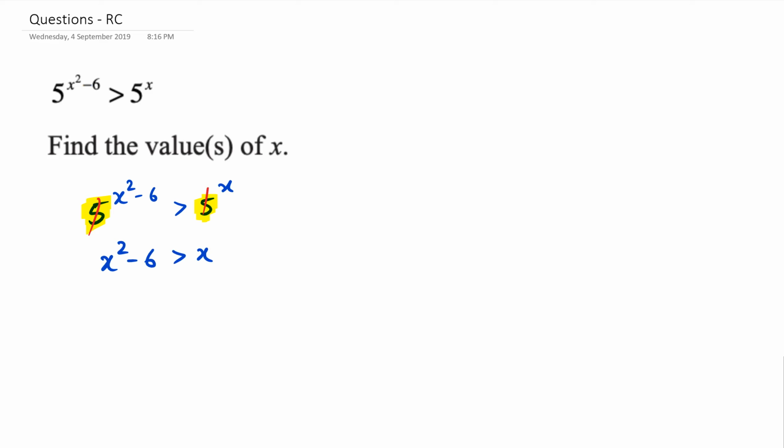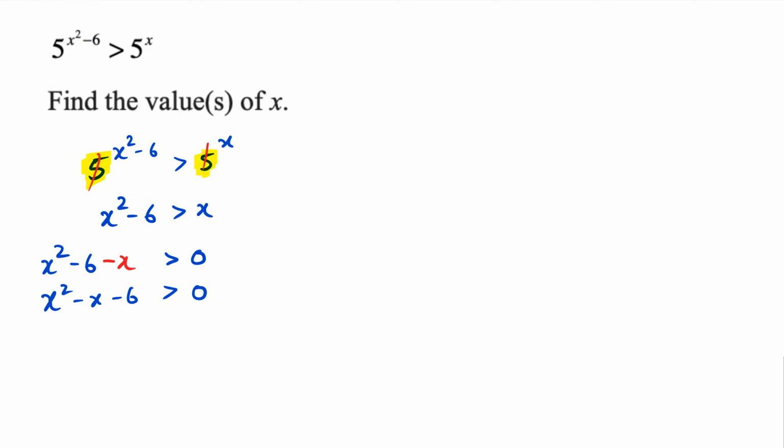So rearrange this and we're going to get x squared minus 6 minus x, sorry, not plus x, minus x, is now greater than 0. So what I have is a quadratic, x squared minus x minus 6 is greater than 0. And what I am going to do is put it equal to 0 and find out what my two solutions are. So I'm going to go x squared minus x minus 6 equals 0,